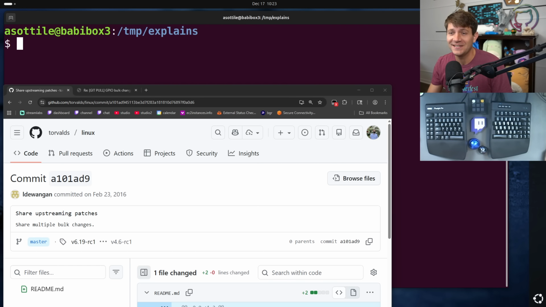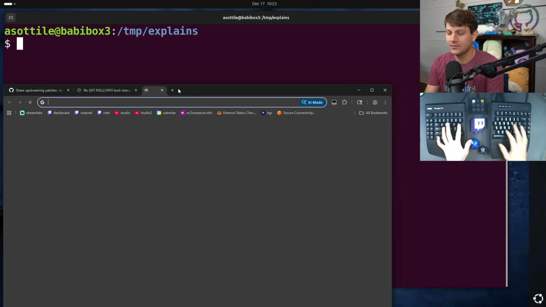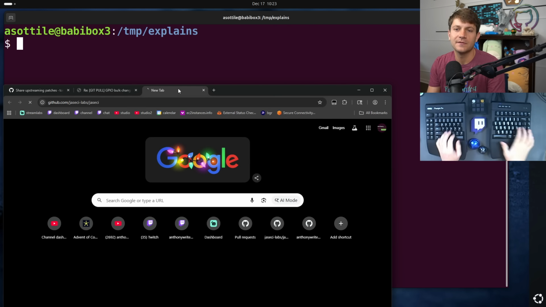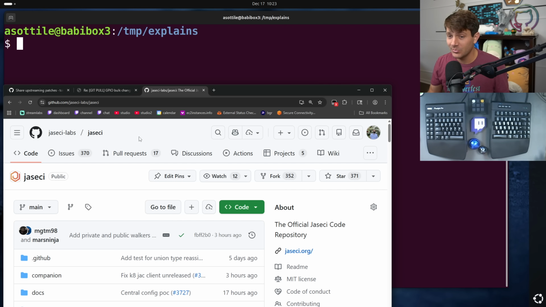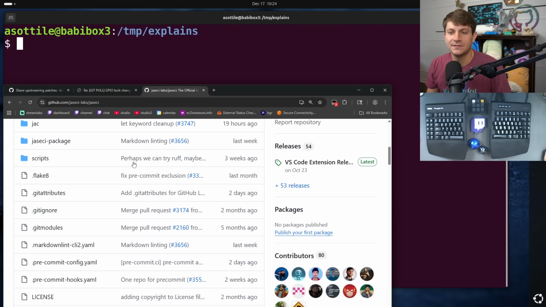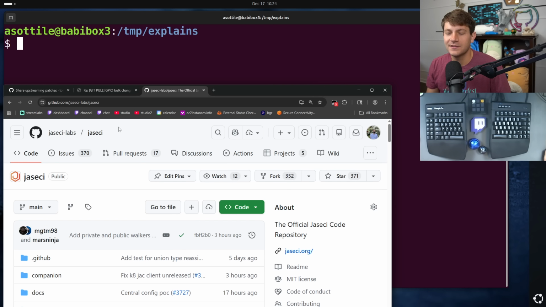Okay, this is the commit. This is the commit that caused all of the rage. Yes, this story is ancient times, but I recently ran into this specific problem while working on rewriting the history of the Joseki repo, which I've already completed. I will be making a video about that soon. But yeah, this repo had this problem as well, and I've fixed the problem in that repo.